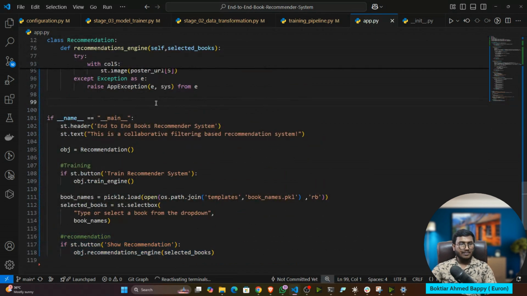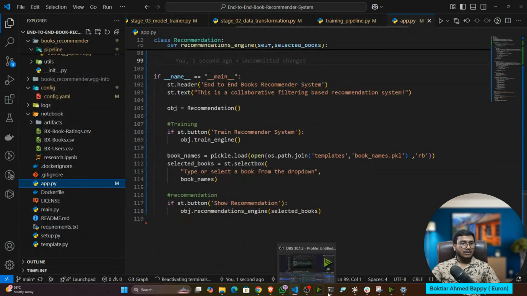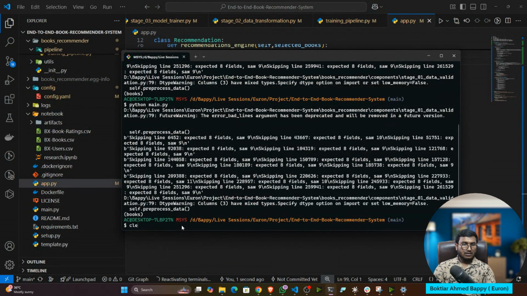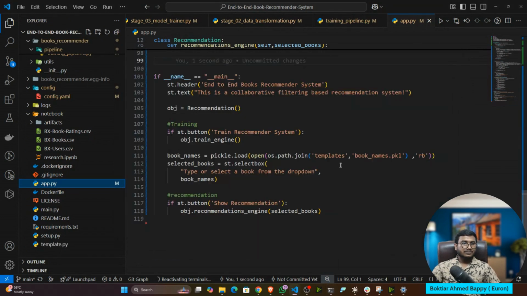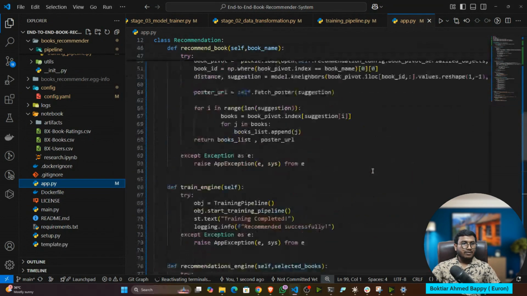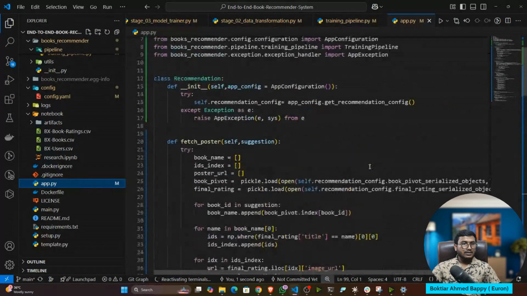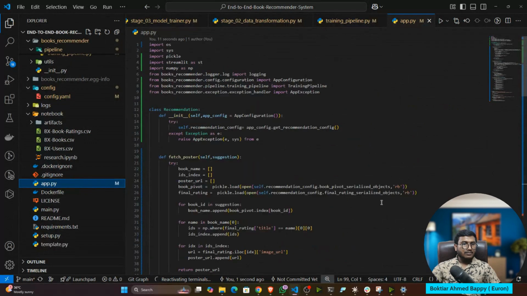Now let me show you how this app will look. So here I will open up this one. And from where I'm loading the model, guys? Here you can see I'm loading the model from serialize object from configuration, get configuration, recommendation config.